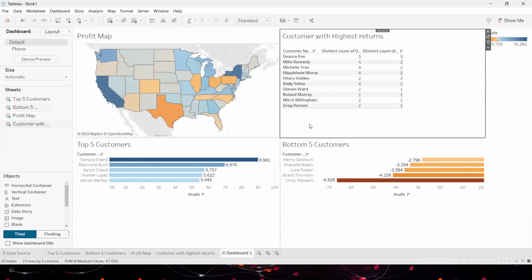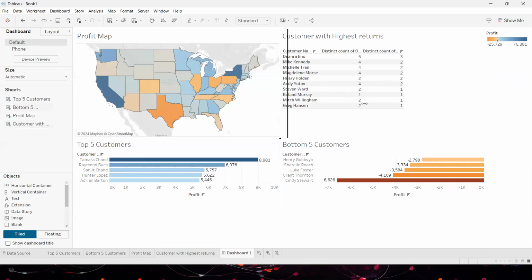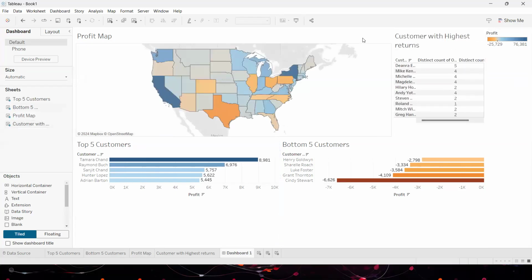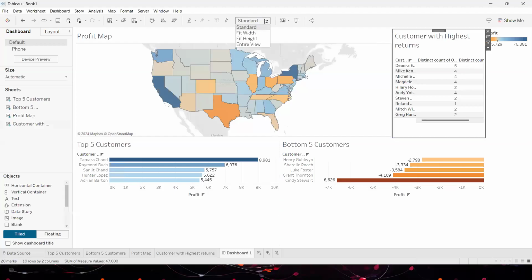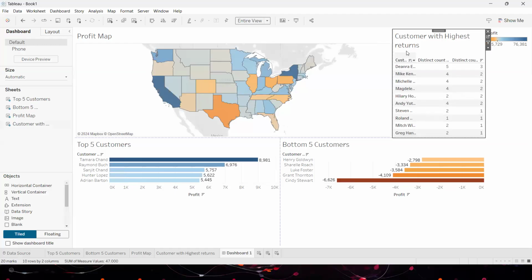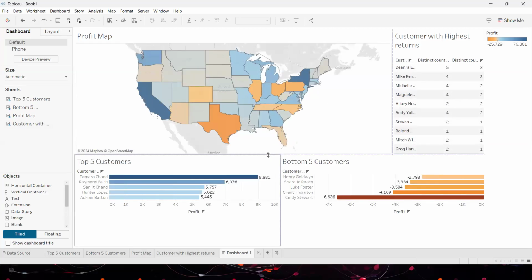I don't want to give so much space to this chart, so I'll make it smaller. You can do that. You can adjust the size of each component so that it will fit nicely into the screen. Okay, this is enough. I would like to give slightly more space to the map.